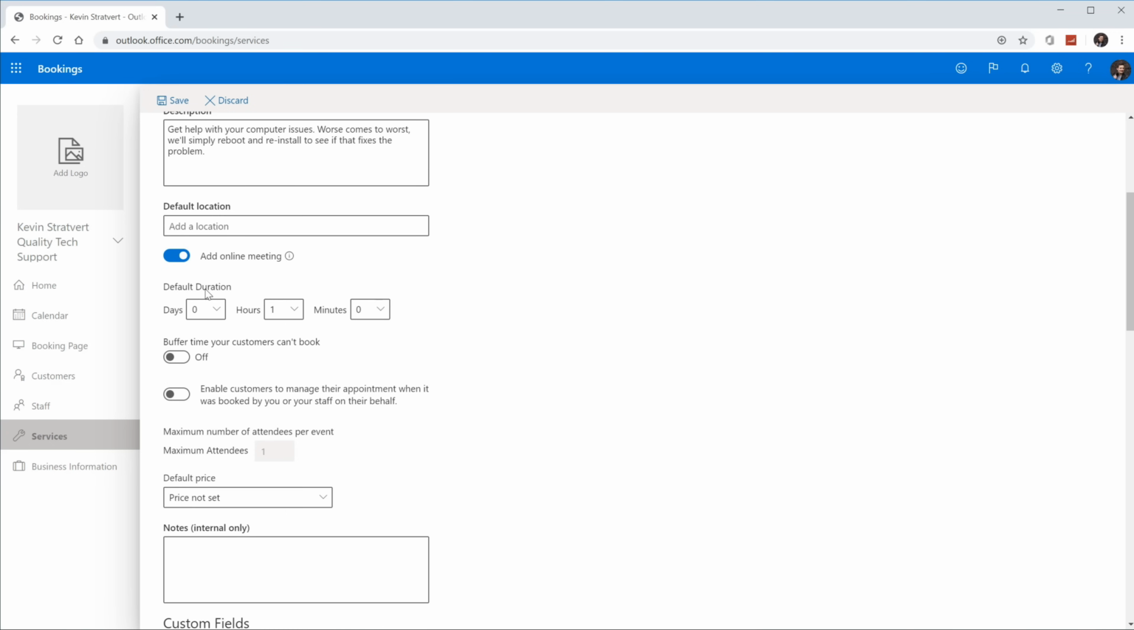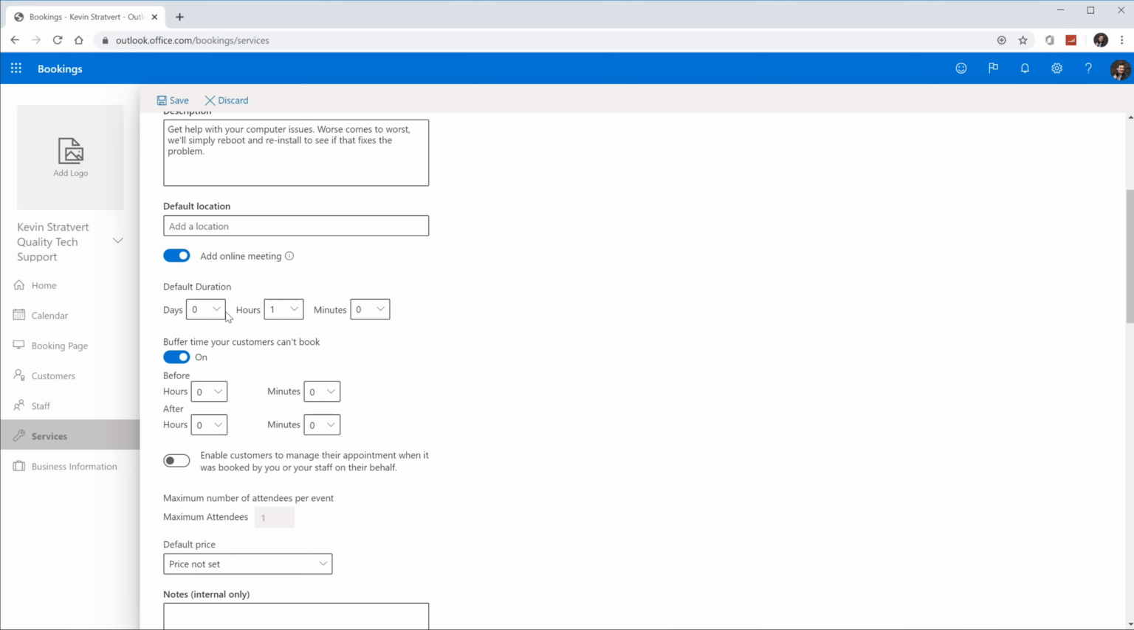Now I could set up the default duration for this service. You have all different options. You could set a certain number of days, hours, and minutes. Now I don't think I want to offer tech consulting that goes over a day, so I'm going to leave it at 0 there. But maybe I'm going to set it to at least an hour, so that's the minimum